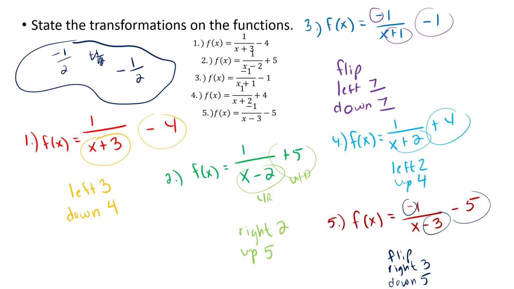There we go. With the negative out in front, either one of those is fine. It's the presence of the negative that does cause the reflection. And again, for the sake of clarity, I am aware you could put the negative in the denominator as